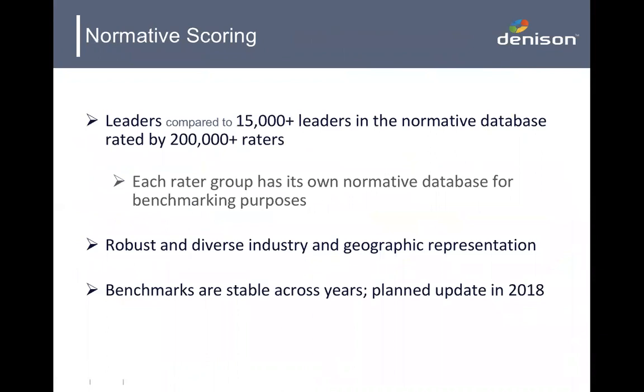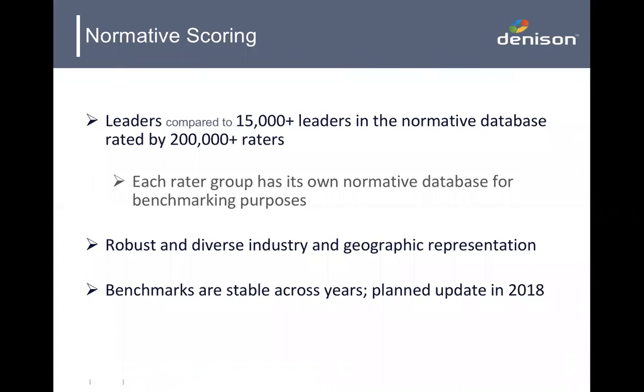These results are also benchmarked. We compare to about 15,000 leaders in our benchmark database, and self-scores are compared to self-scores, direct report to direct report, and so on. This has a wide range of industry, geographic, and also level.